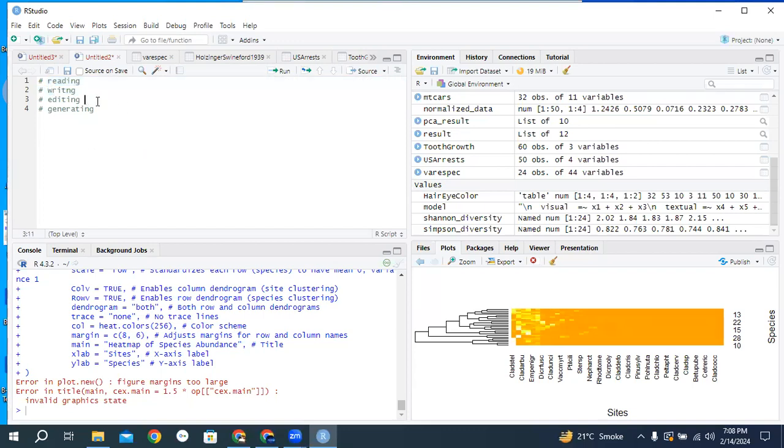Now, today our class is about editing. In today's class we will learn how we edit a code. Actually,